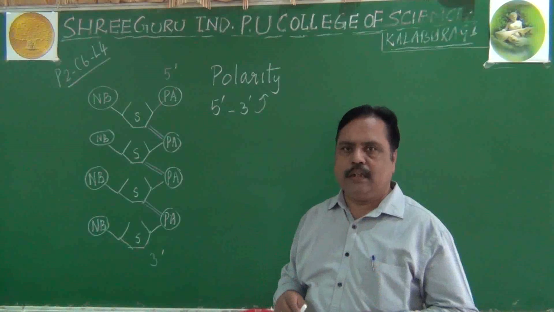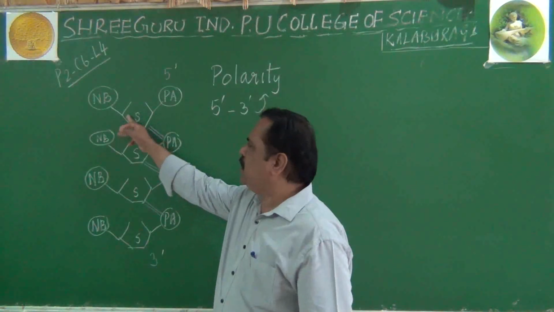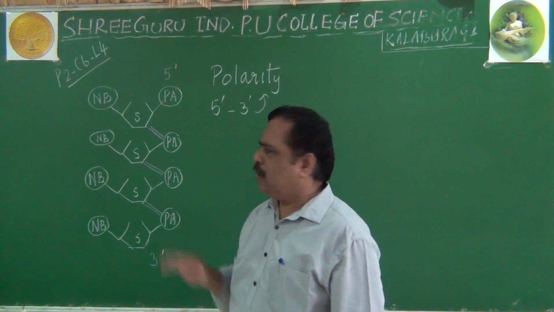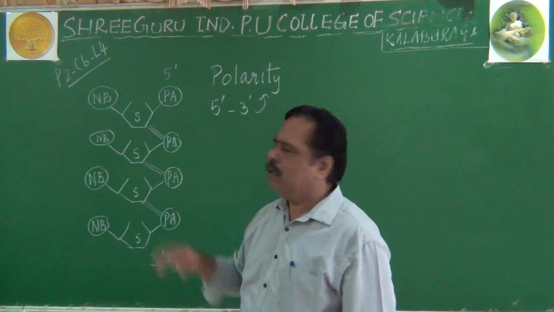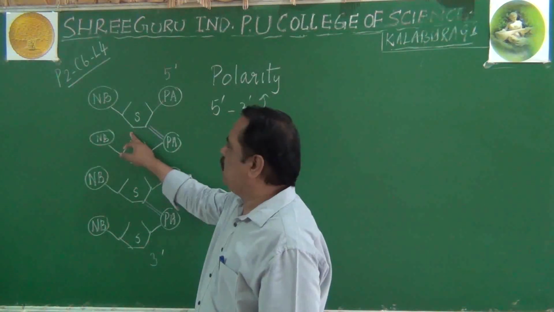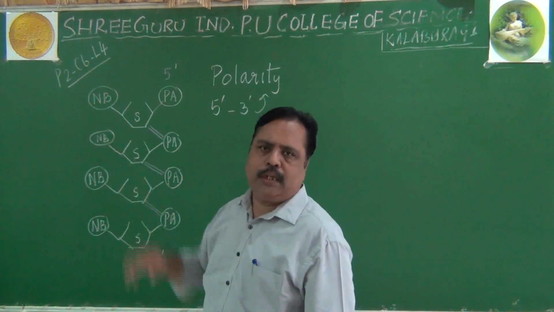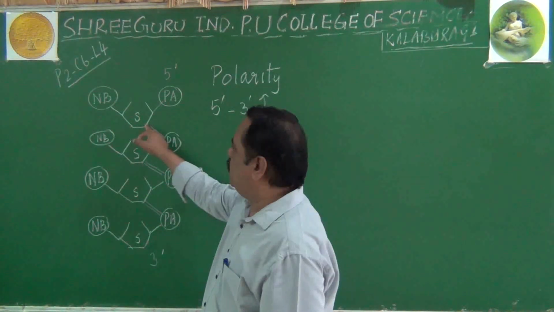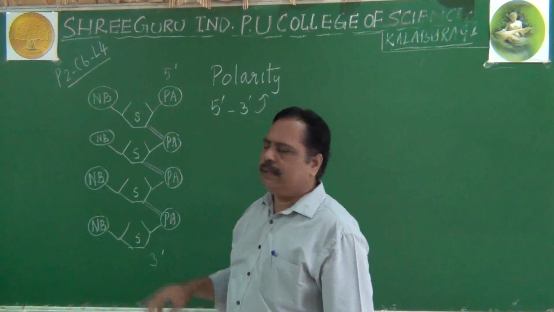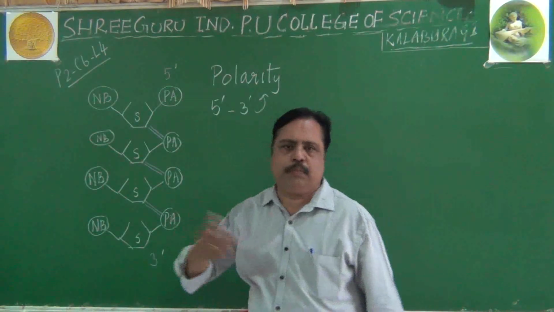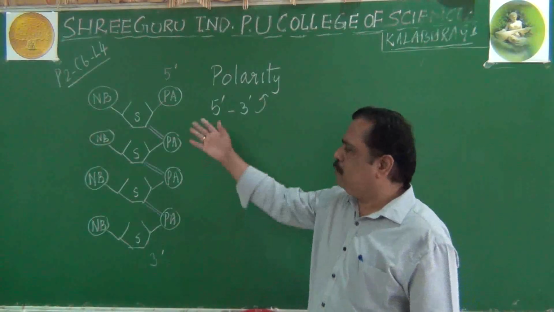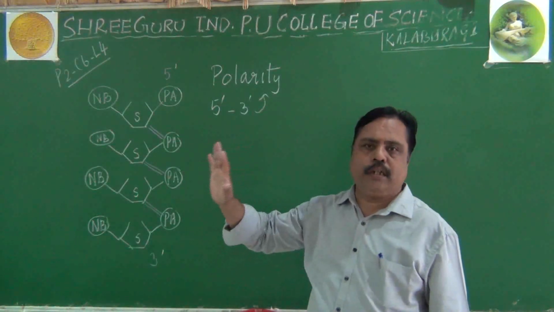So you can understand now how efficiently we used the sugar molecule. There are 5 carbon atoms. Out of the 5 carbon atoms, first one combines with nitrogenous base. Second one tells us whether it is ribose sugar or deoxyribose sugar. Third one will form phosphodiester bond. Fourth one will give stability. Fifth one will join with the phosphoric acid or phosphate group. So all the 5 carbon atoms in a pentose sugar have been efficiently utilized.